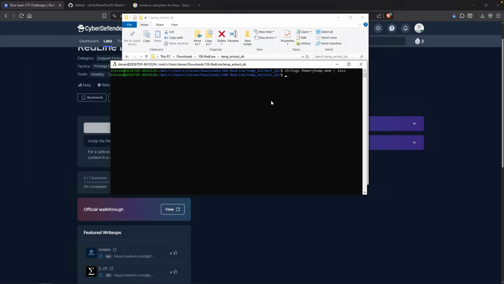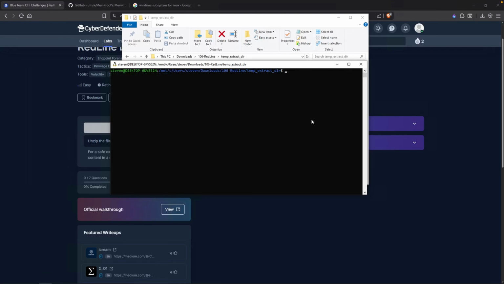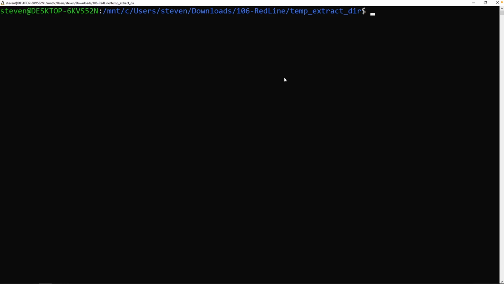And the next thing I'll do here is run Volatility on this memory dump. Now I am using Volatility 3 version 2.26. And what I like to do first is, before I move on, let me just go ahead and maximize this. That should look a lot cleaner for you guys. Type in vol -f to point it to your memory dump. And then for the plugin, I like to use